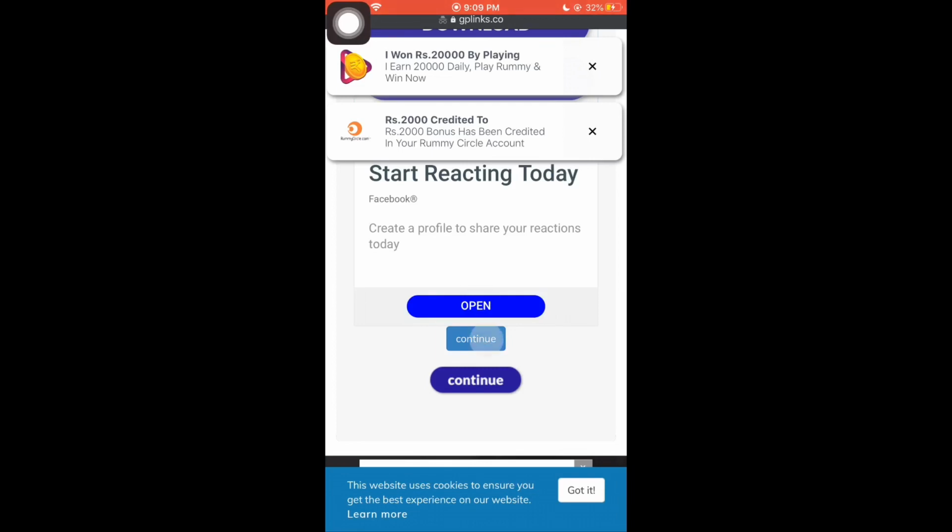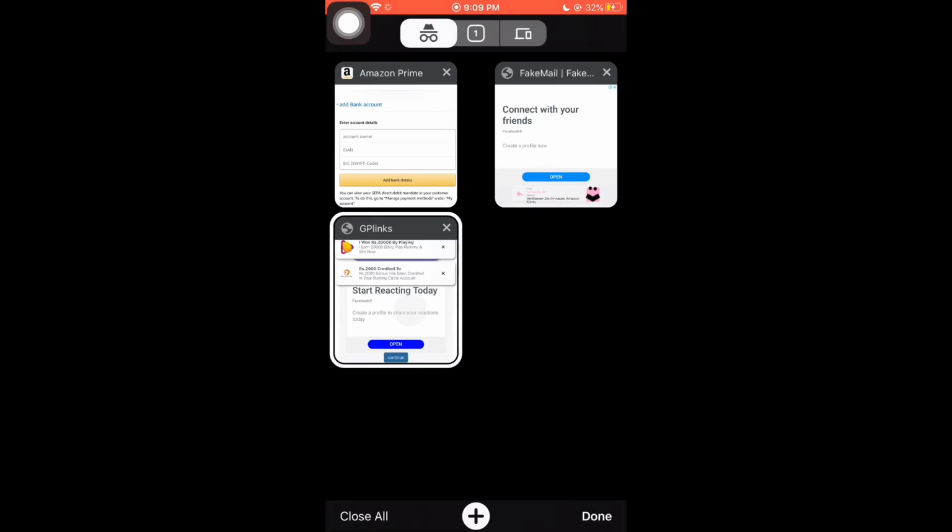Here again, when you click on continue, it will redirect you to another page. You just have to cancel and stay on the same page.